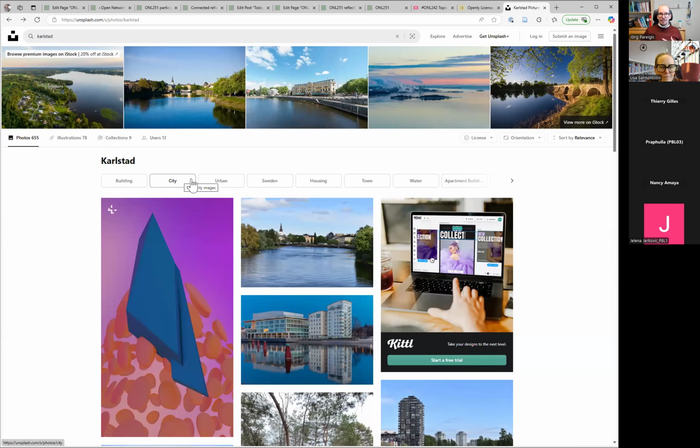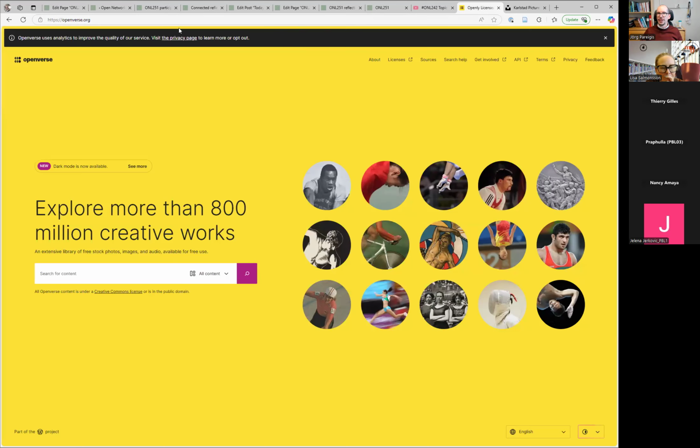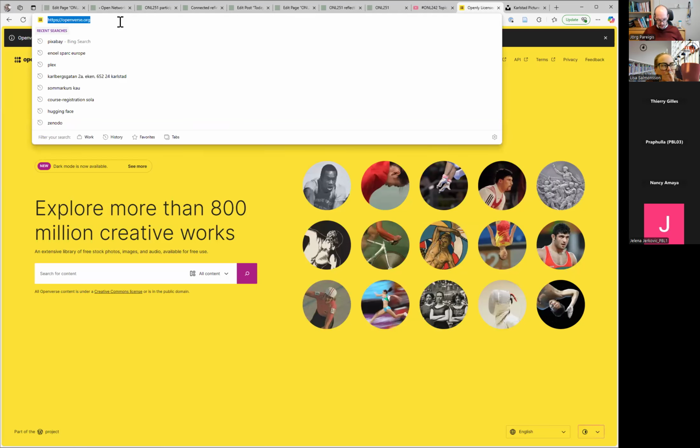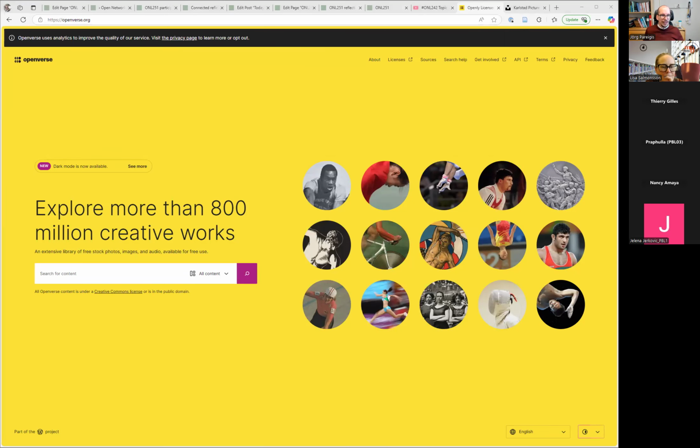But if that's not enough, or you don't find pictures from your hometown, you could go to a different place. In the video, in the end, there was search.creativecommons.org. I'll show you a different place here, the Openverse. Here you can find even more pictures which you are allowed to reuse. If we do the same search here, Karlstad, and we say not all content, because you can also search for audio files, I want only images.